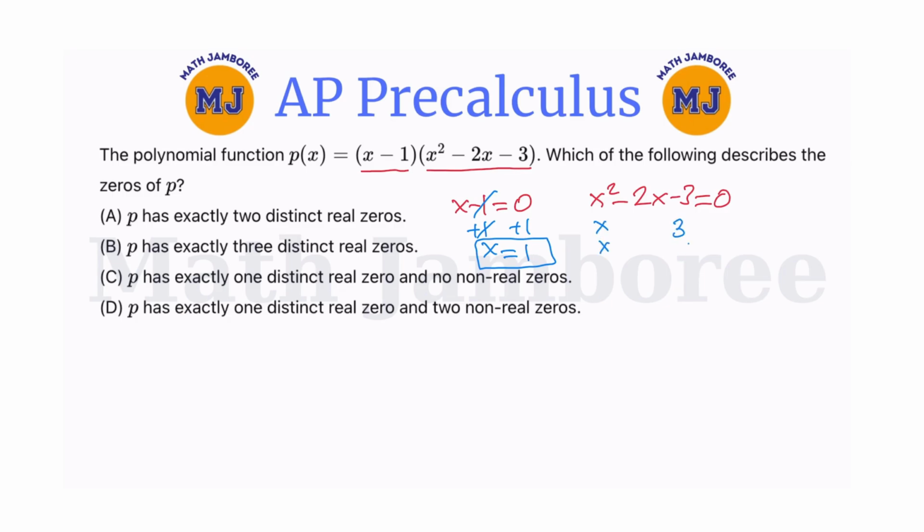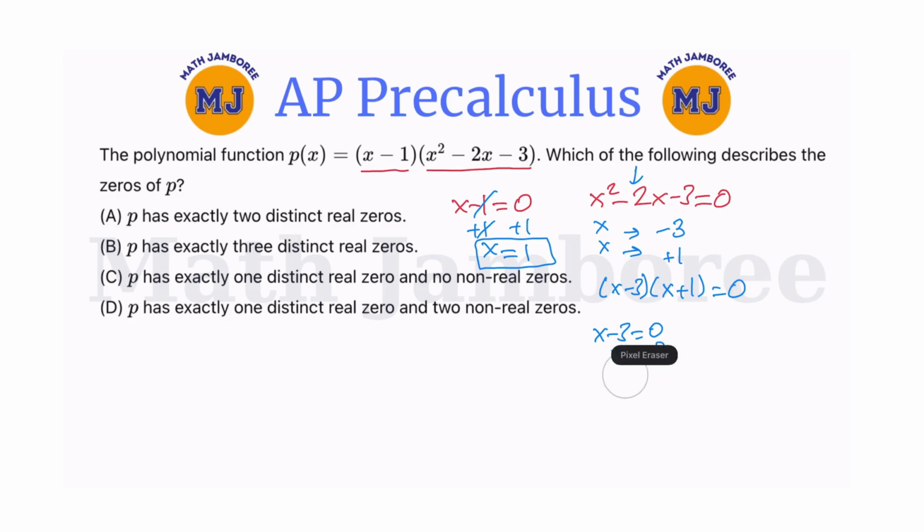Now for the quadratic, we need two numbers, 3 times 1. When you multiply 3 and 1, you're supposed to get negative 3, and when you add them, you're supposed to get negative 2. So the 3 will be negative and the 1 will be positive. When you write it side by side, x minus 3 times x plus 1 equals 0. So x minus 3 equals 0, and x equals, when you add 3 to both sides,